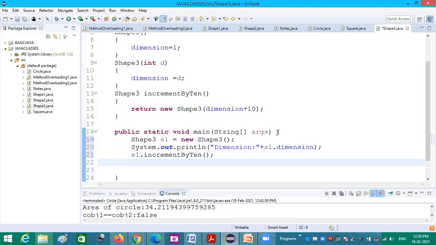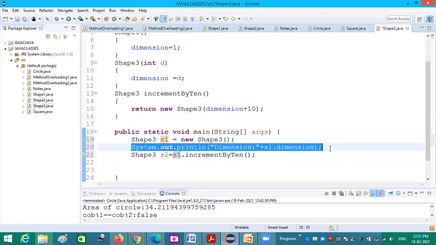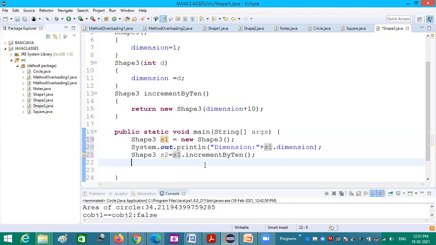After that I am printing. It will return another object. Okay. So for that I should give Shape3 S2 is equal to S1.increment by 10. So now S2 will have plus 10 extra. Okay. Dimension value plus 10 extra.